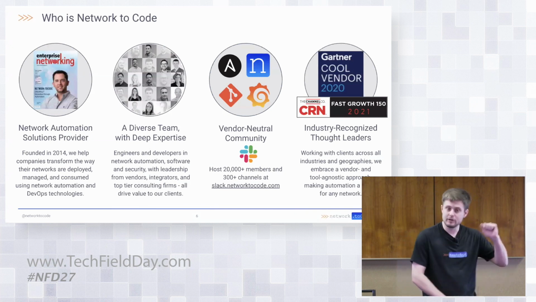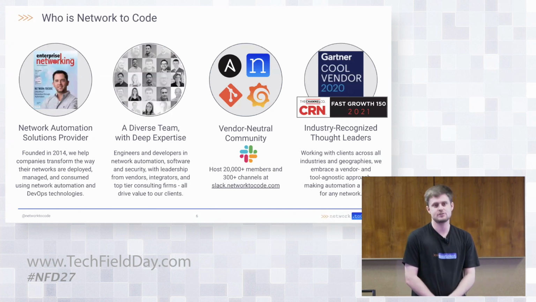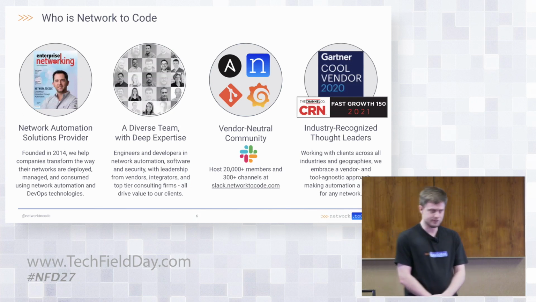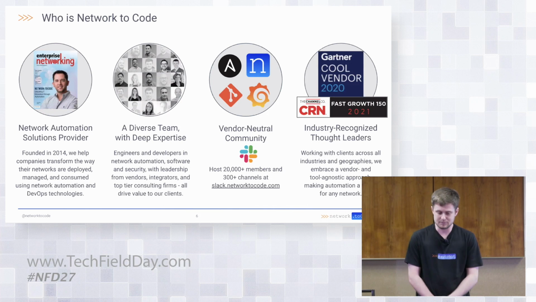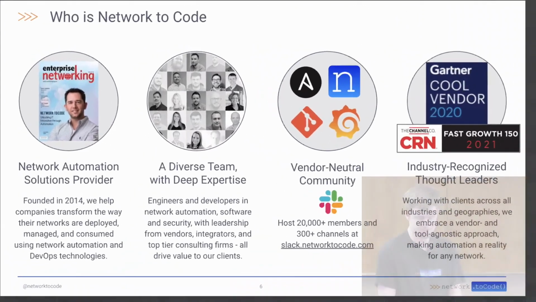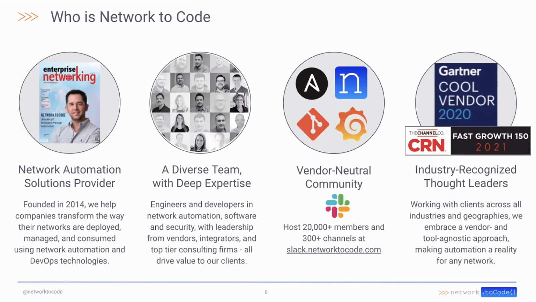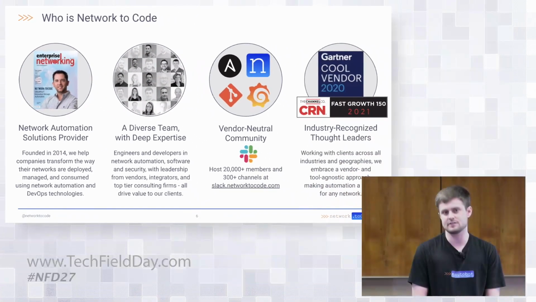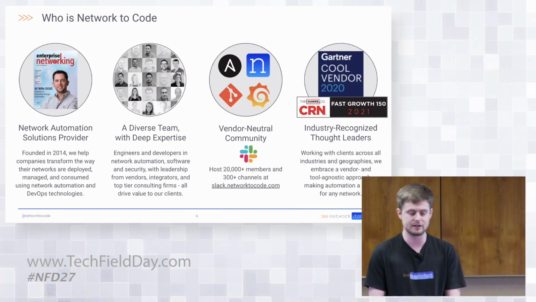So Network to Code, we are a professional services organization that is centered around network automation. We've been around for a number of years, 2014. As Tom mentioned, Jason Edelman, our founder, is a kind of a figurehead within the vertical space that is network automation, of course. Network to Code is a really exciting company to work for. We are small in size compared to some of the big names in the industry, but we are rapidly growing, and we have a very big focus on community. In fact, a lot of our skill set within our company comes directly from this community.